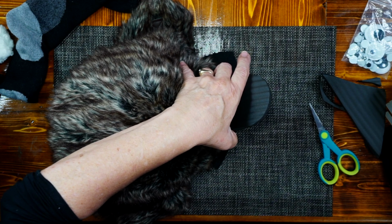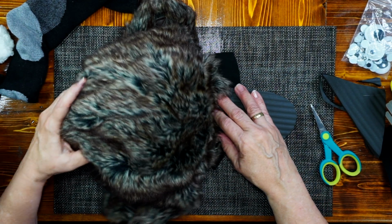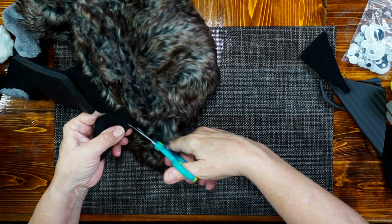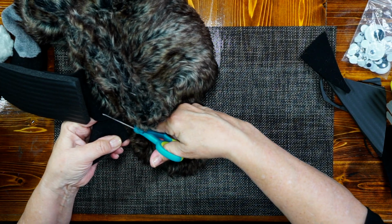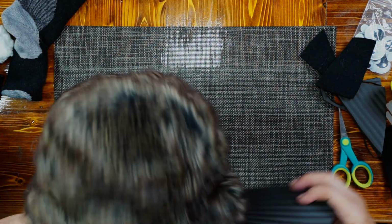Okay, gonna need another stick in a minute. So we've got our tail. So I'm just cutting away the excess, and if I have to tack down with some more glue, I can do that. I take it right back and saving back this extra felt because black felt always comes in handy. Let's make sure that's going to stay in